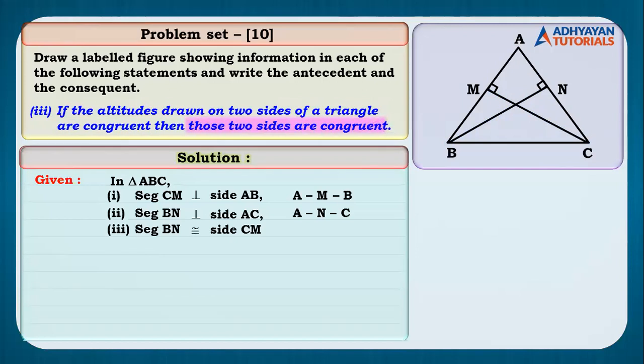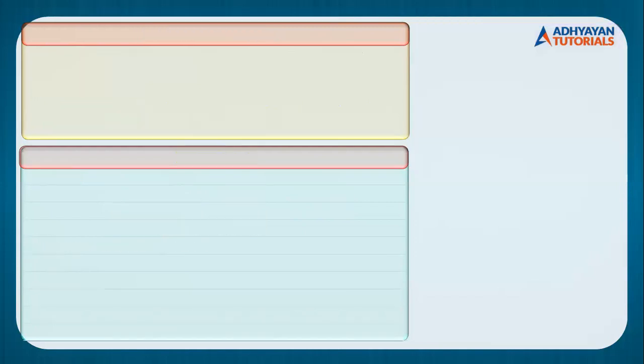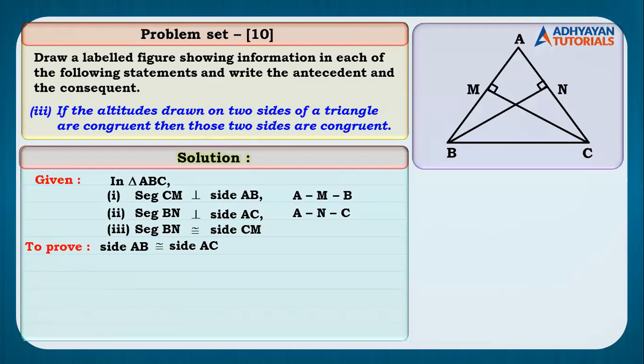Now we talk about to prove. Then those two sides are congruent. Now which two sides? जिनके ऊपर perpendicular draw किया था. Now किसके किसके ऊपर perpendicular draw किया? If you look at the figure you will understand we have drawn perpendiculars on segment AB and segment AC. So we need to prove that these two are congruent. I hope it is clear. Everybody has understood this. Please copy it.